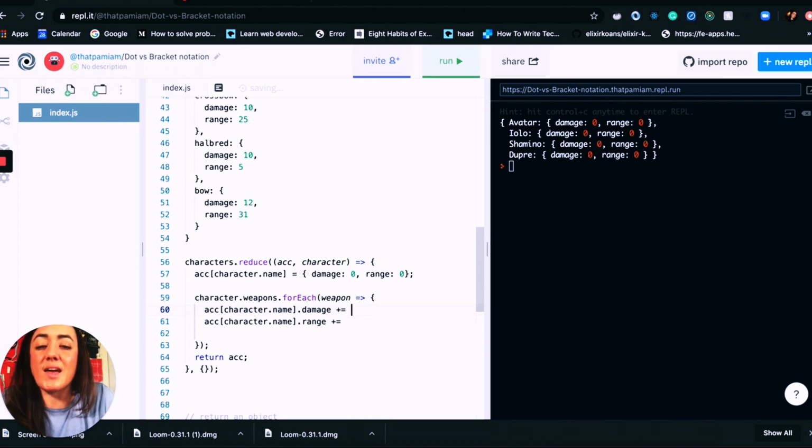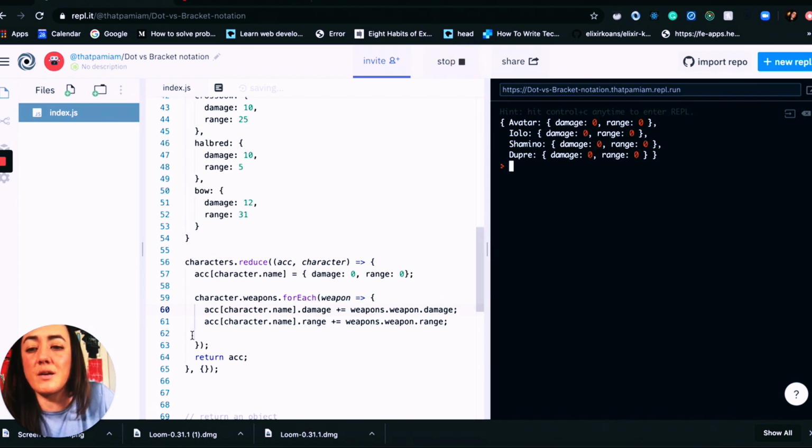So I could say, hey, access the weapons object, use the key of whatever weapon we're dealing with right now, and then from there, use dot notation again to get either the damage or the range to add those values. So let's give that a go and see what happens. Cool. So running it from there,